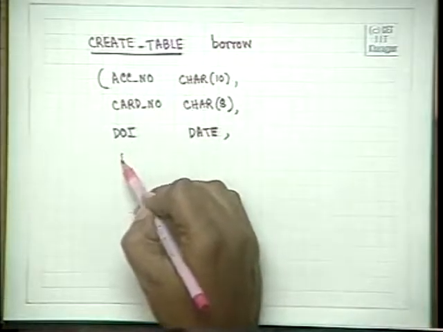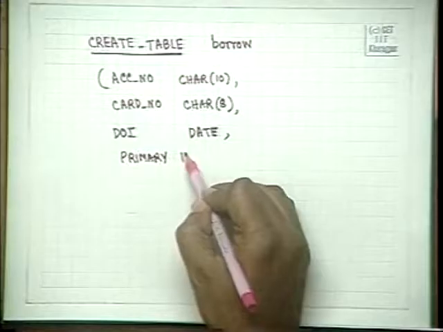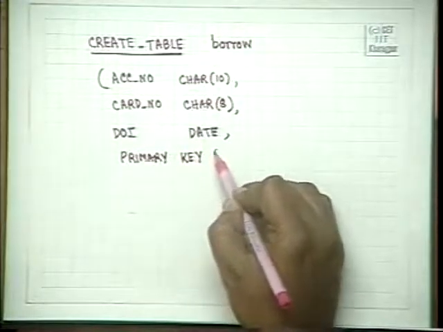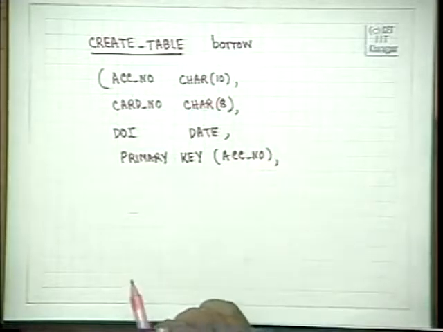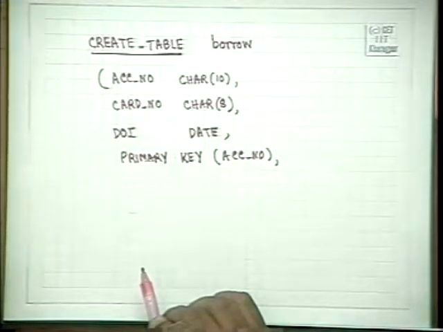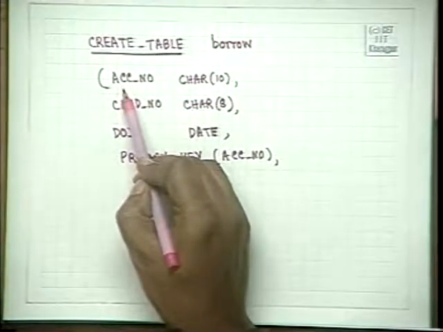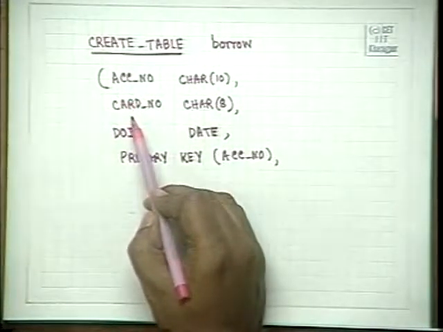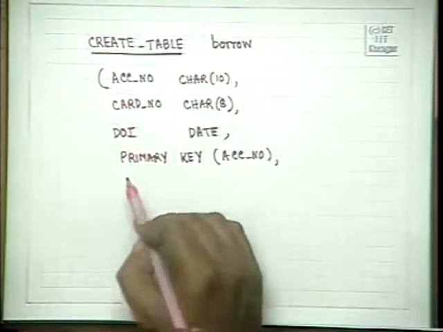And we have primary key, accession number. Additionally, we will have to now define the foreign keys. What are the two foreign keys here? Accession number is a foreign key referencing the relation book, and card number is a foreign key referencing the relation user. Therefore, we will say